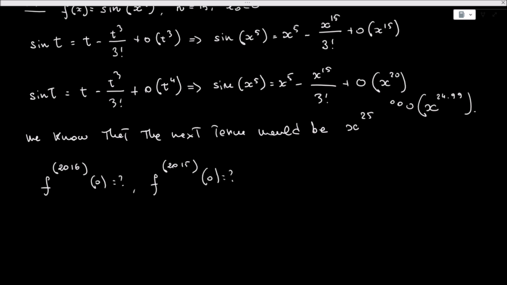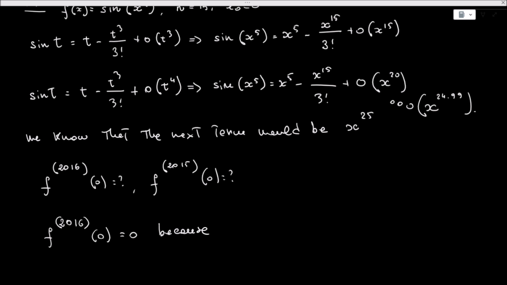Okay, we would like to find these two. Of course, forget about evaluating the first 2015 derivatives. Okay, this is crazy. One thing we can immediately say is that the derivative of order 2016 evaluated at 0 is 0,